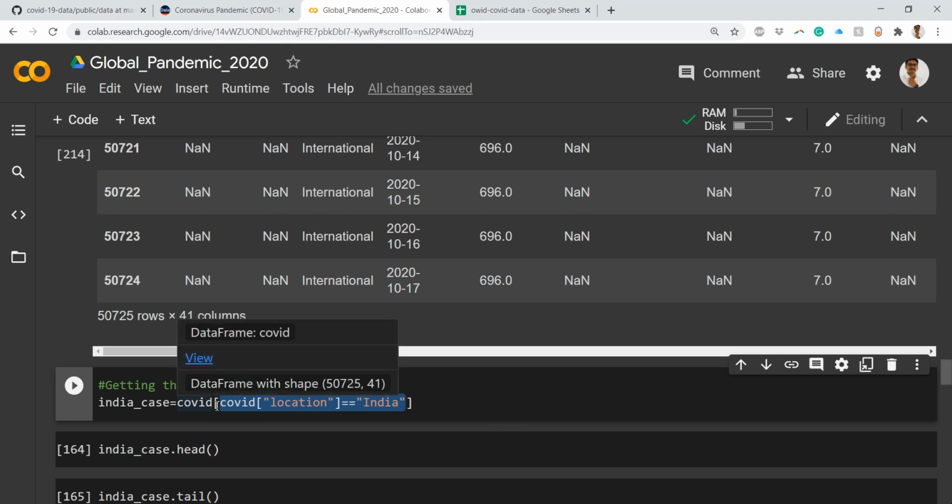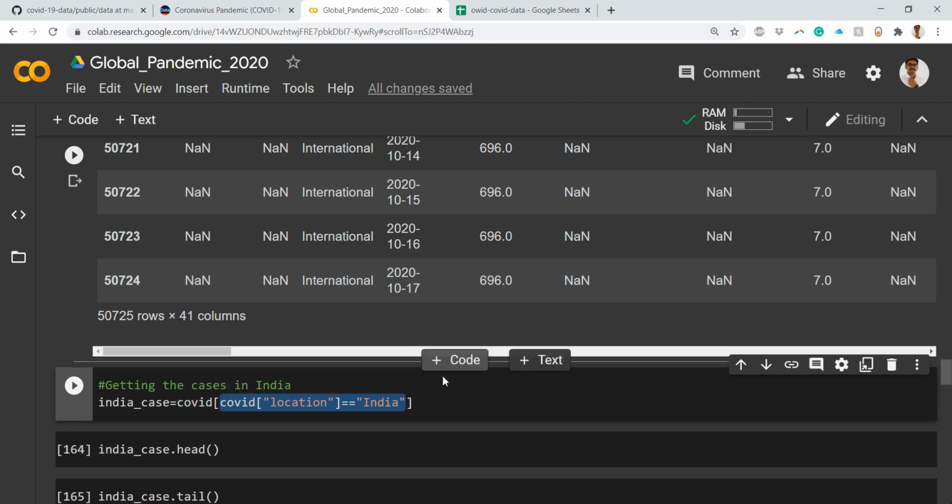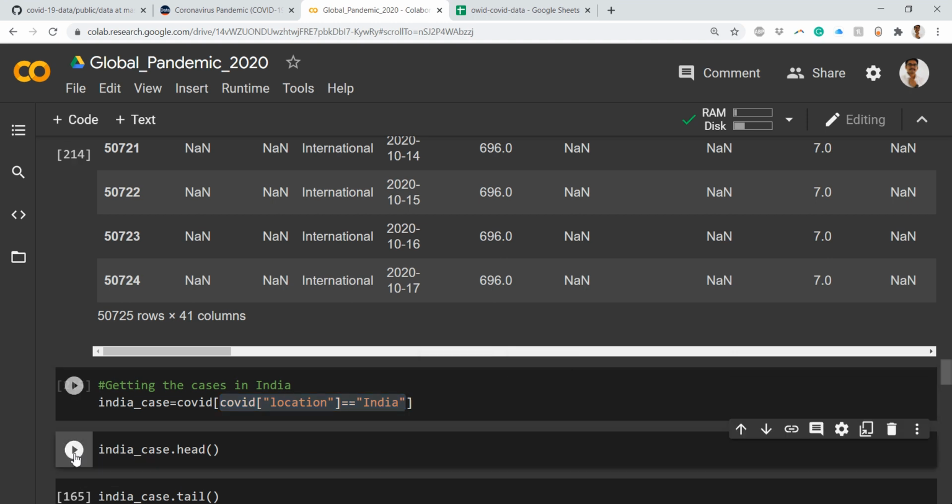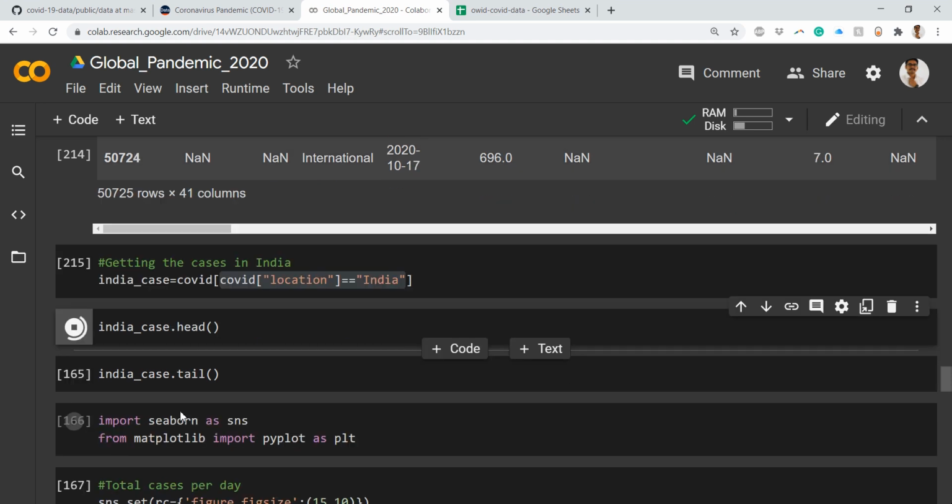So that's why I write COVID data frame, COVID of data frame, and inside that I have the sub condition. The thing which you see highlighted is a sub condition, and the result of that will be a data frame that I'm storing in a variable called India case. And if I run this, okay, and if I look at the head,